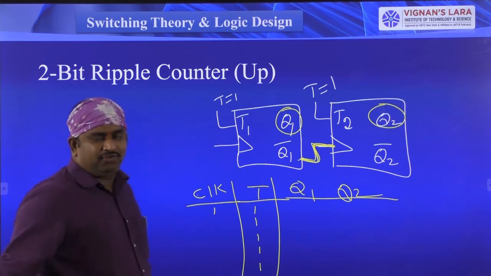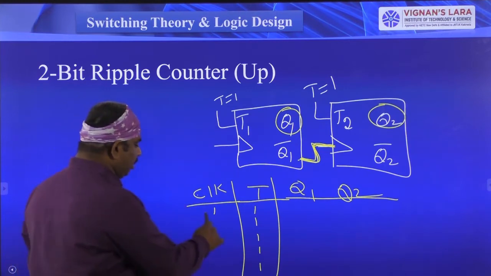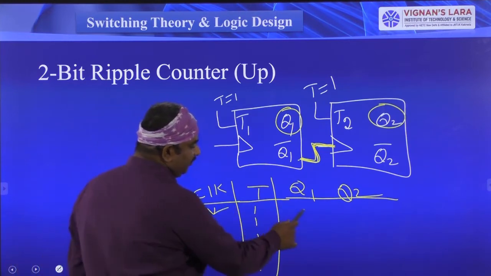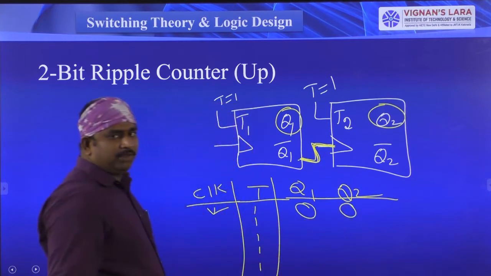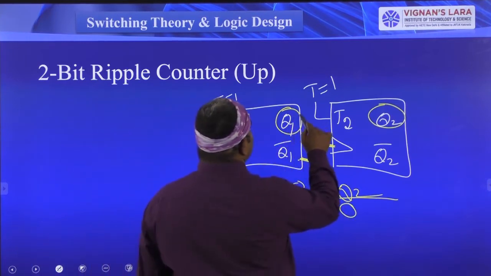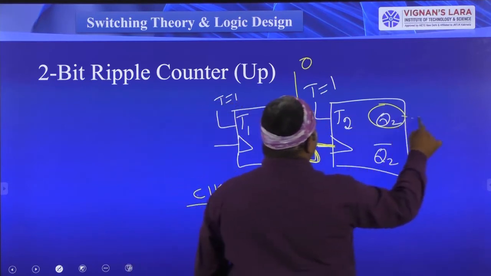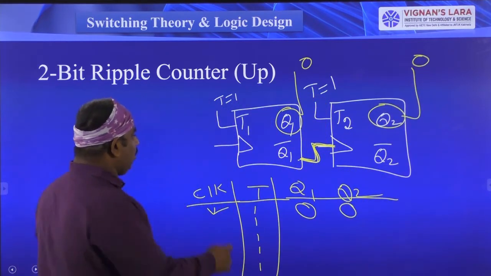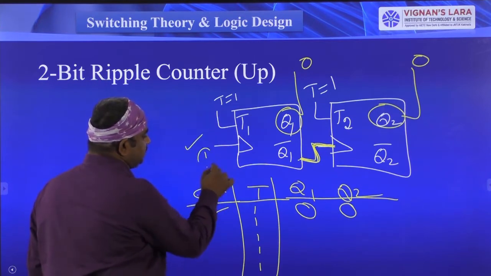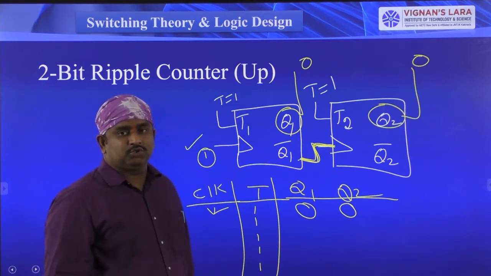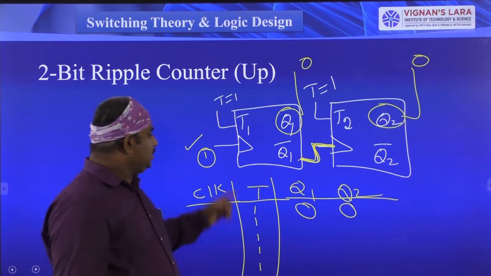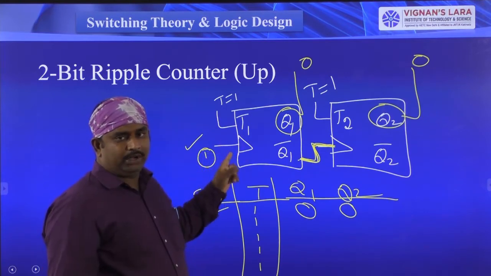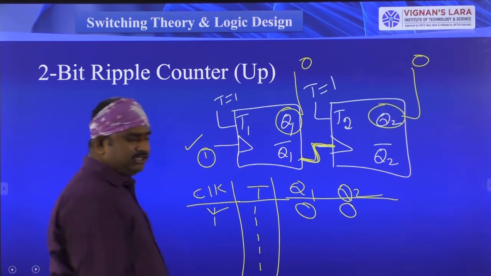So before giving the first clock pulse, here I am not giving any clock pulse. Before giving the clock pulse, the outputs of the flip-flops are 0 0. That means this is Q1, here it is 0 and here it is 0. Okay, now 0 0 are available. Now I am going to give the first clock pulse. That is, the first positive edge signal is observed here. So the logic is shifting from 0 to 1 here. So whenever I have given the first clock pulse,